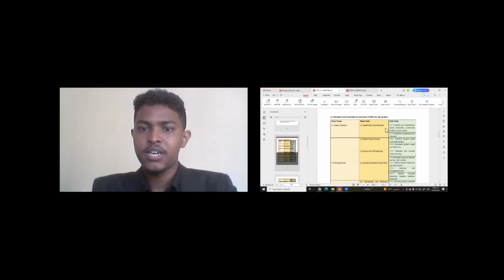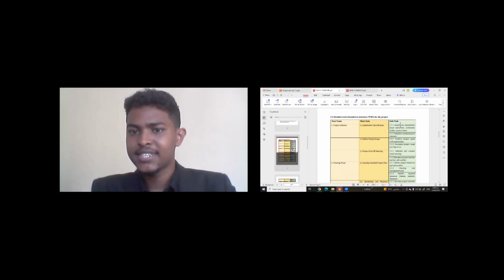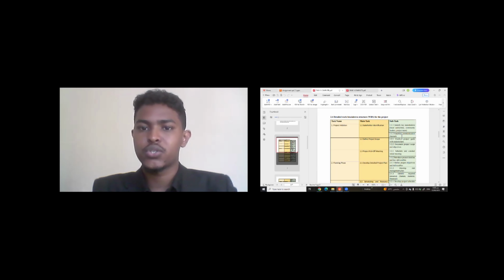And every main task has a subtask. As you can see here, stakeholder identification has a subtask of identifying key stakeholders, including local authorities, community leaders, and the project team. Also, it has a subtask which is to establish communication channels.